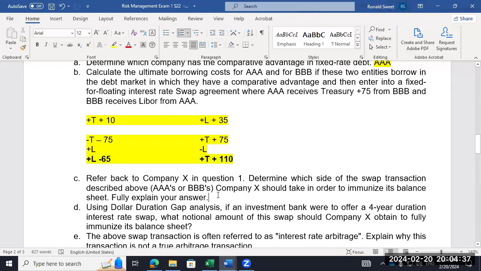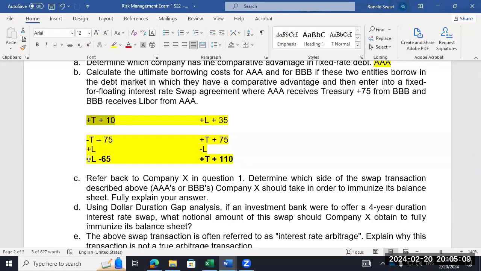So you don't know on this one, but which of these entities is increasing the duration of their liabilities? B. Why? Because they started floating and they ended fixed. So the duration of liabilities, because we're focused on the liability side, should go up. That's probably going to be the right answer because we know in question 1 it was a positive duration. And then AAA started fixed but ended up floating, so they're reducing the duration of liabilities.